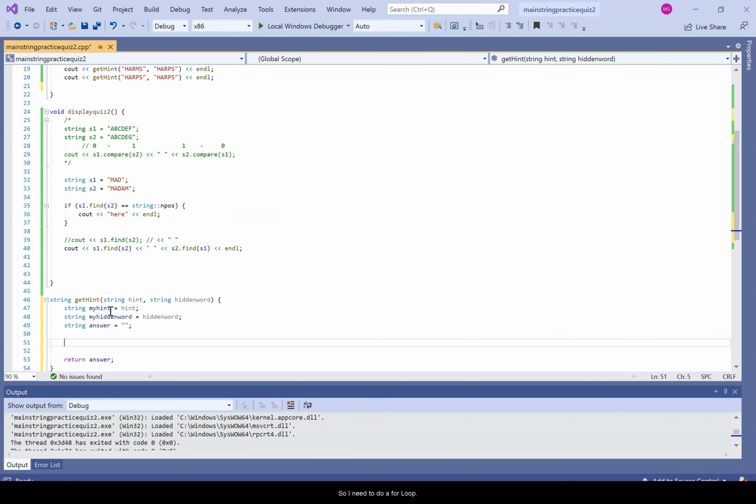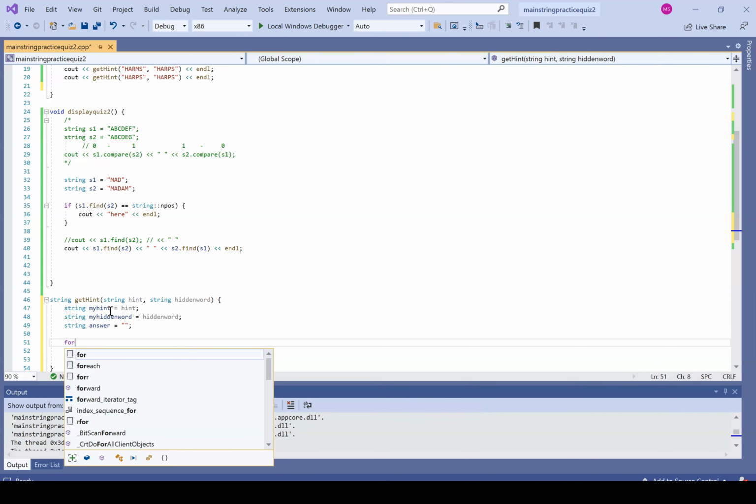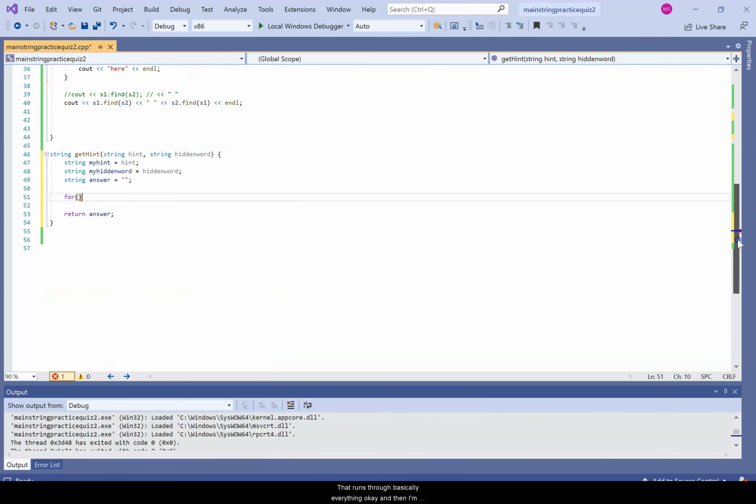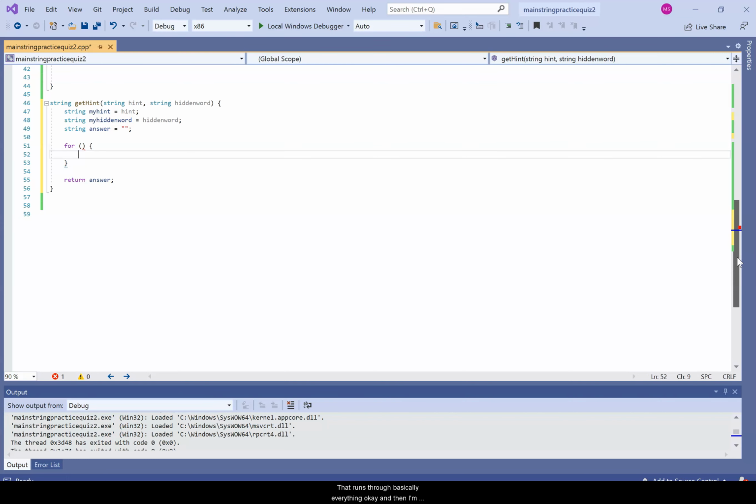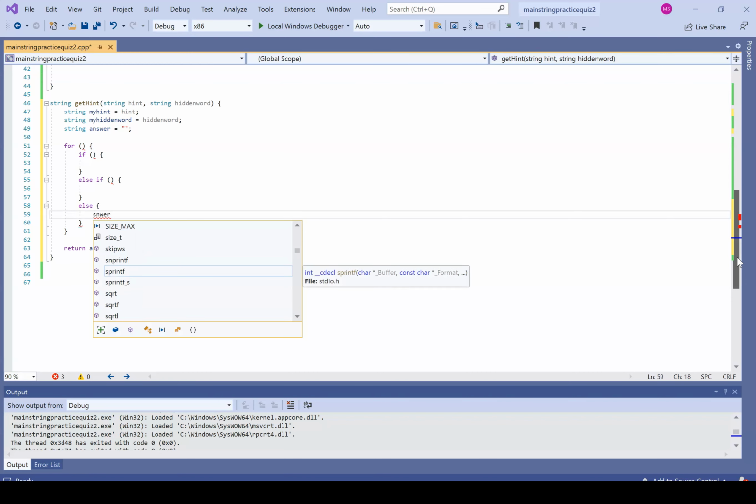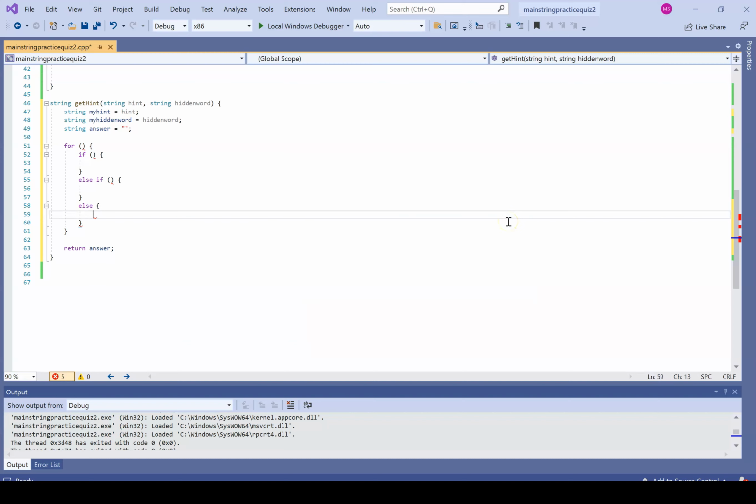Okay, so I need to do a for loop that runs through basically everything, okay? And then I'm going to have an if, an else if, and then finally an else structure. Okay, so let's think about this. So else will be this answer, answer plus equals. Okay, so